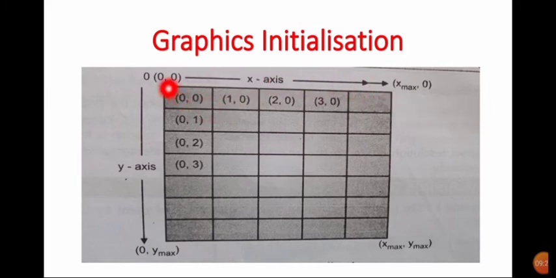direction, and vertically y is 0. So in this way the coordinates are like this: 0 0, 1 0, because 1 is x, 0 is y, then 2 0, 2 is x, y is 0. So in this horizontal way y remains 0 throughout, only x varies. Let us see the vertical variation. These are coordinates because we are generating two dimensional pictures by using graph mode, by using C language.